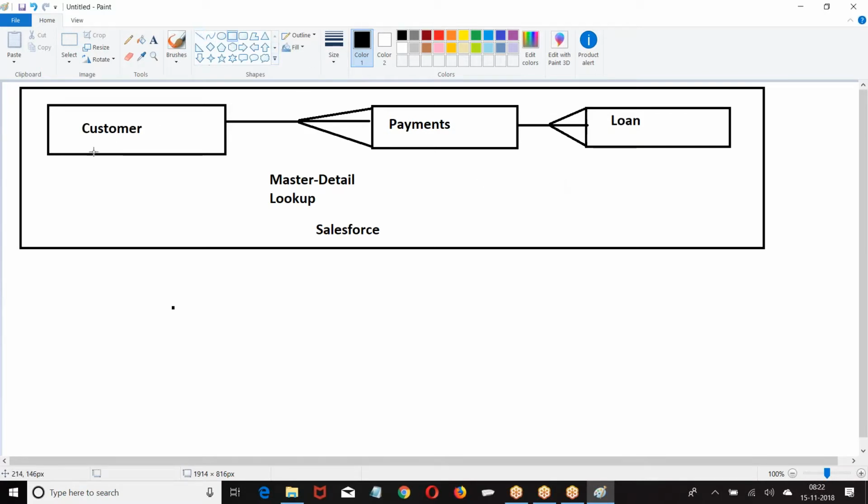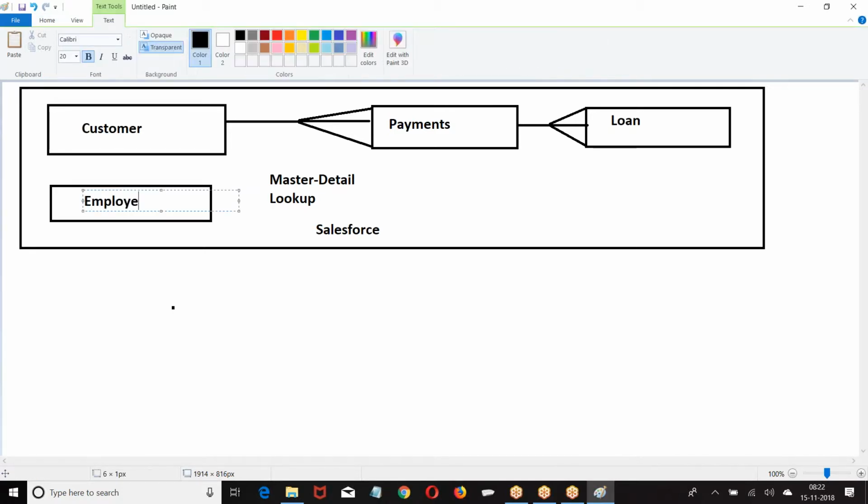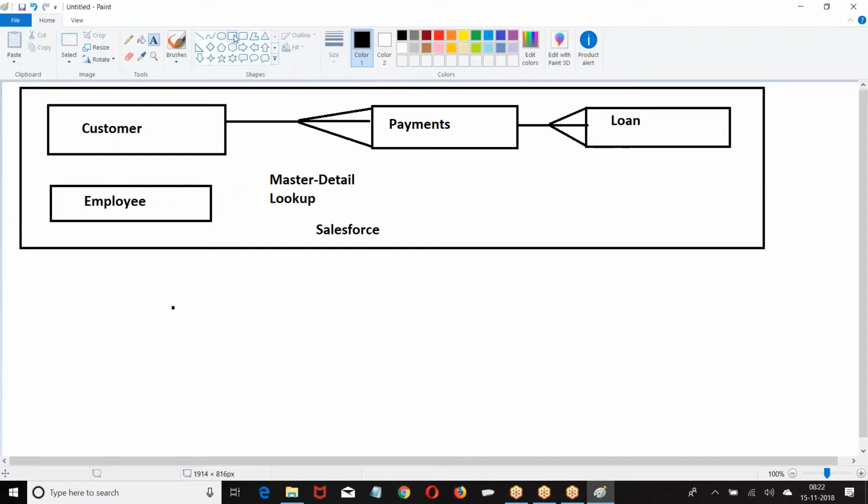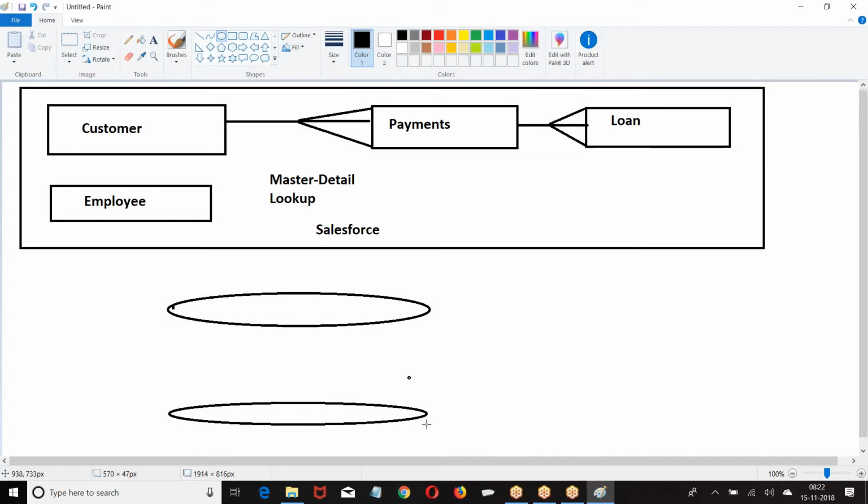Let us say I have a database in SAP. In this database, I have an object called leaves.